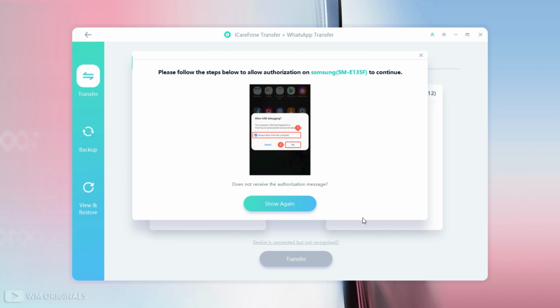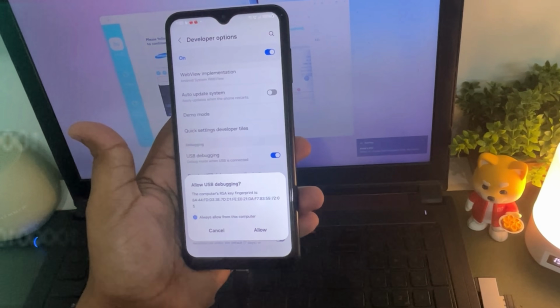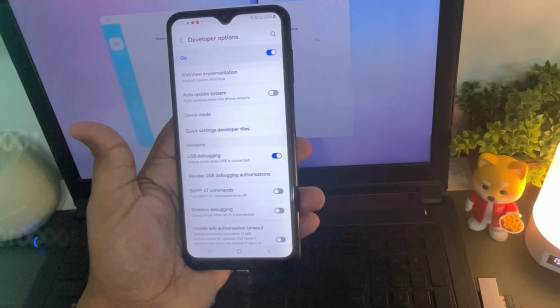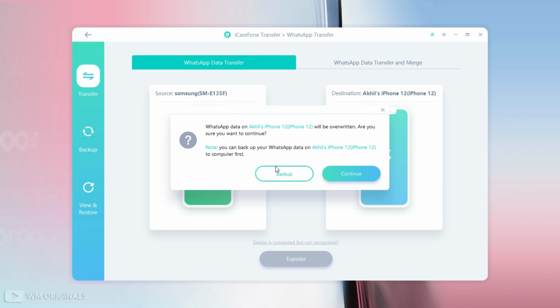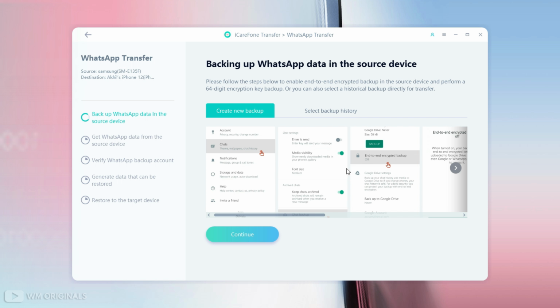Next it will ask to allow authorization to continue. Follow this to do it. Simply select this and then tap allow. Now it shows a pop-up that says WhatsApp data on iPhone will be overwritten with new Android's WhatsApp data. Here click continue. Next we will be required to create end-to-end encrypted WhatsApp data backup on Samsung Galaxy phone, and